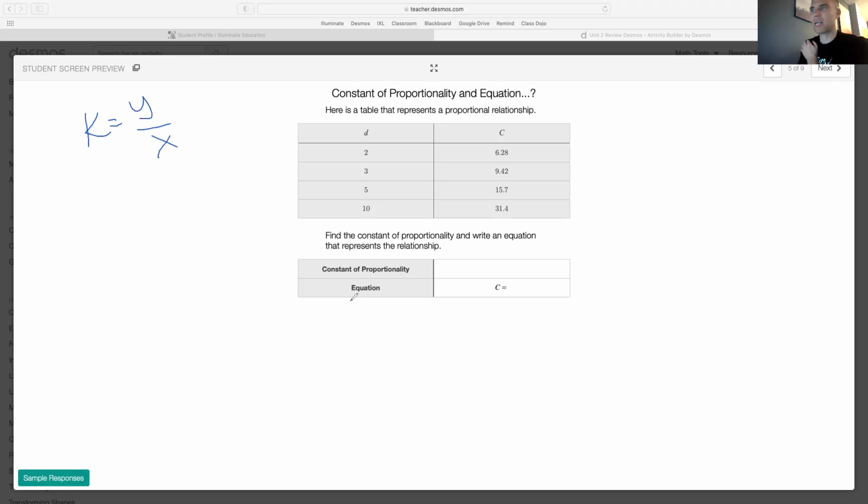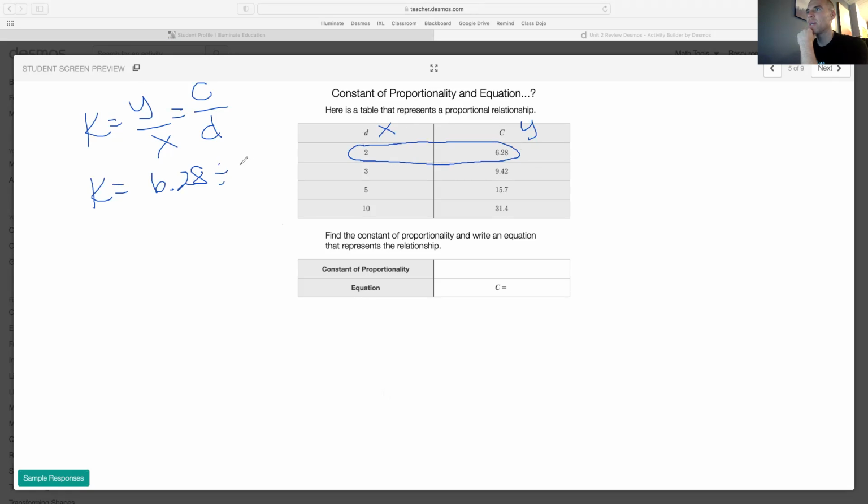But this relationship doesn't have y's and x's, it has c's and d's, but that's okay. I know that y is usually the value over on this side, and x is usually the value on this side, so I'll just replace c where y is and d where x is. So this time it's actually going to be a c over d that I need to do. I'll pick this very first row just because the numbers are the smallest, it looks the easiest. So my constant of proportionality is going to be